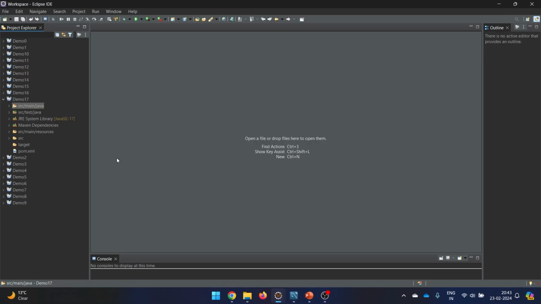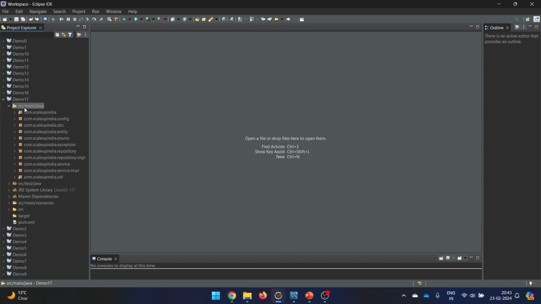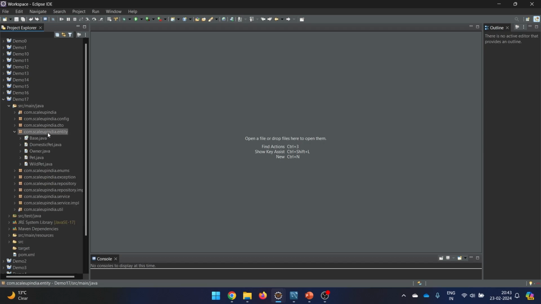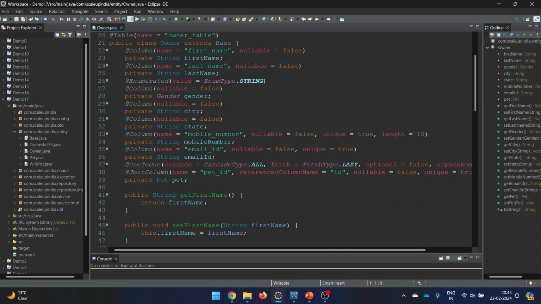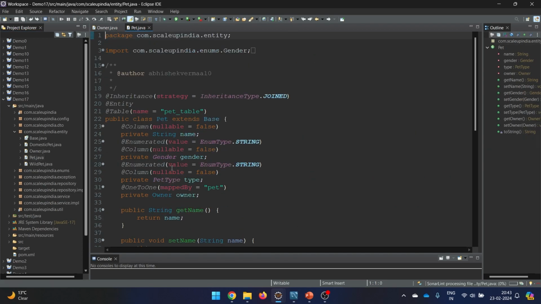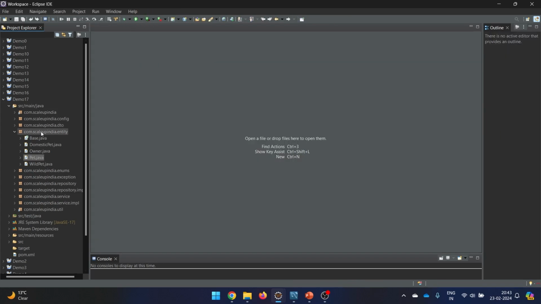So now we are in our IDE, and as you can see we are in demo 17, and as always I have copied from the previous demo and taken all those defaults which I mentioned in my deck. So you can later check my entity, and you will find each and every thing there. I just wish to mention that in Owner I'm using lazy loading, and in Pet I have bidirectional mapping. So all these things are here. Now, first of all, let's go to this util, and before this,